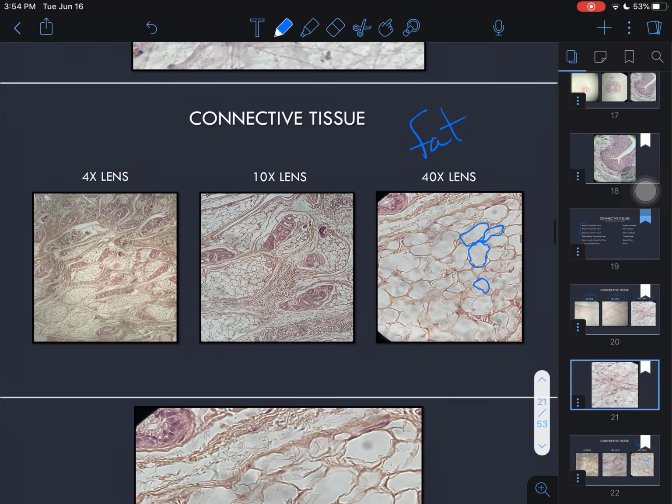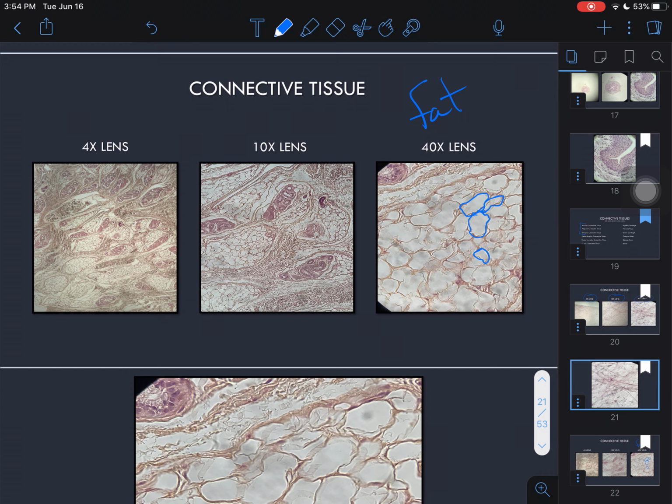And if you look close, this is actually right underneath our epithelial tissue, our keratinized and non-keratinized stratified squamous, right? And you'll see just little pockets of fat cells, and as you get closer, you'll see the actual individual fat cells. But these cells look empty to me, and we all know that cells all have a nucleus unless